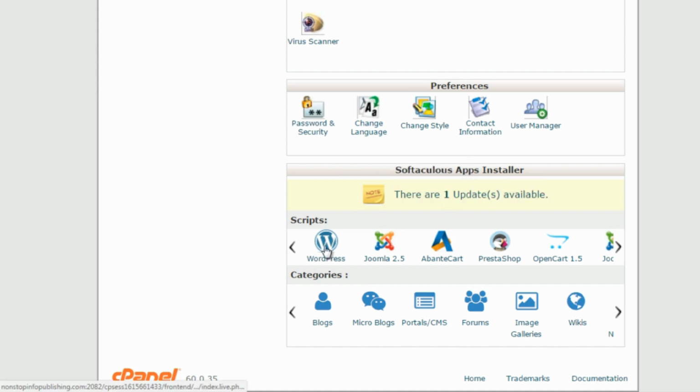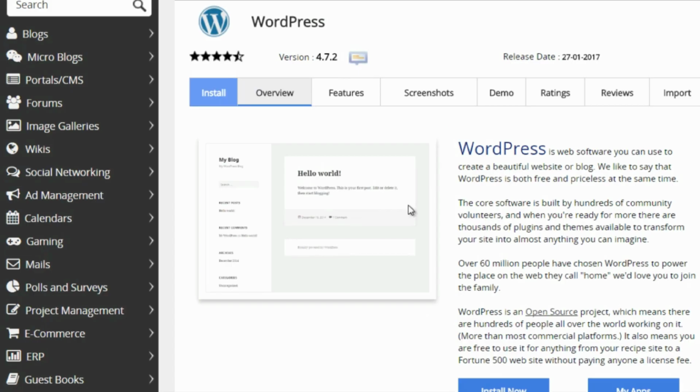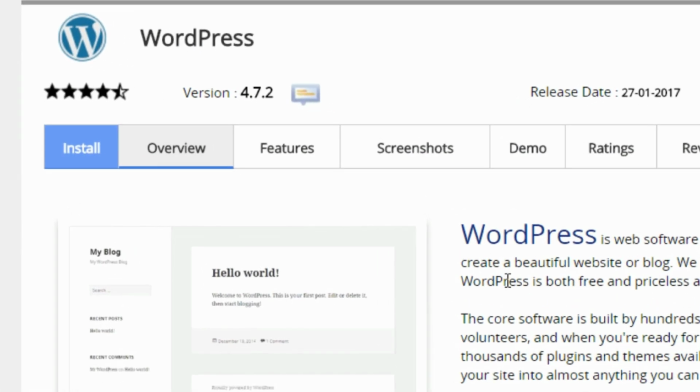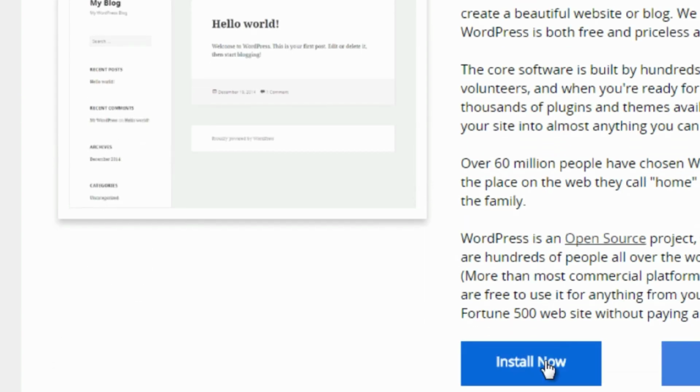So what you do is you click on WordPress here. And this is basically an app installer. So instead of having to go to WordPress.org and install the 5-minute installation file, which really isn't 5 minutes, by the way, it's more like maybe 10 or 15 minutes or even more, depending on your expertise. So that's why I find this route is just a lot easier, because with this Softaculous, all you have to do is simply go down, click install now, and you fill in the details, and within less than 3 steps, you have installed WordPress.